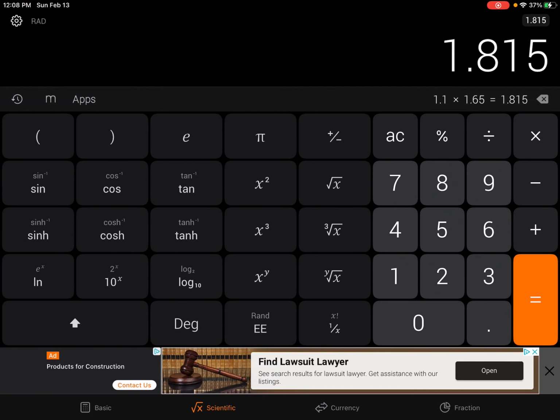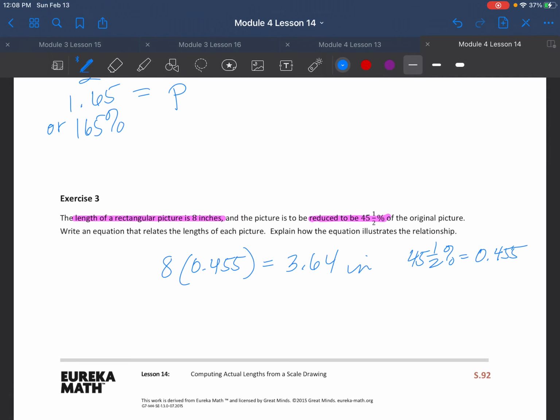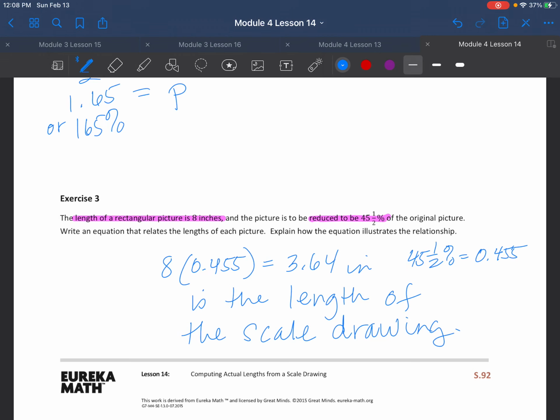Now, 45.5% can be changed to 0.455. Okay, and that's what we're going to multiply by. So if we multiply this, it tells us that the other picture, the original picture, so 8 times 0.455, is 3.64 inches, the length of